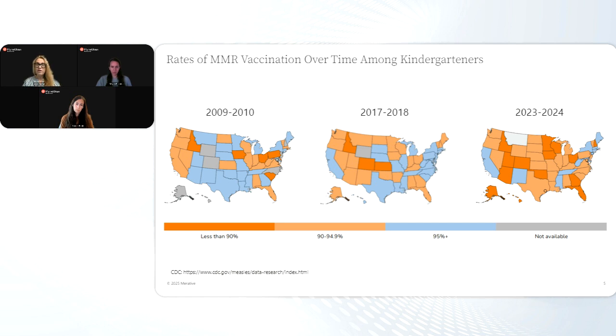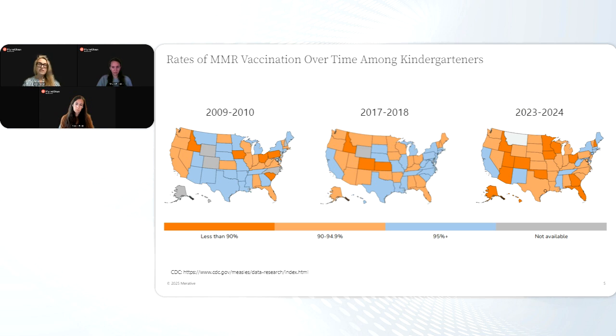Brenna mentioned California pulling theirs back. But what you can see is that, prior to 1998, there were very few, if any, states that had philosophical exemptions in place. And during the more recent years you see this interconnection where the number and percent of states that allow these personal and philosophical exemptions increases, and you see a coinciding decrease in the number of states that reach herd immunity at 95% for MMR or for measles in particular,